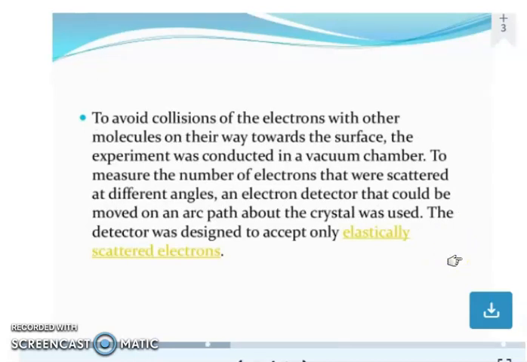To avoid collisions of the electrons with other molecules on their way towards the surface, the experiment was conducted in a vacuum chamber. To measure the number of electrons that were scattered at different angles, an electron detector that could be moved on an arc path about the crystal was used. The detector was designed to accept only